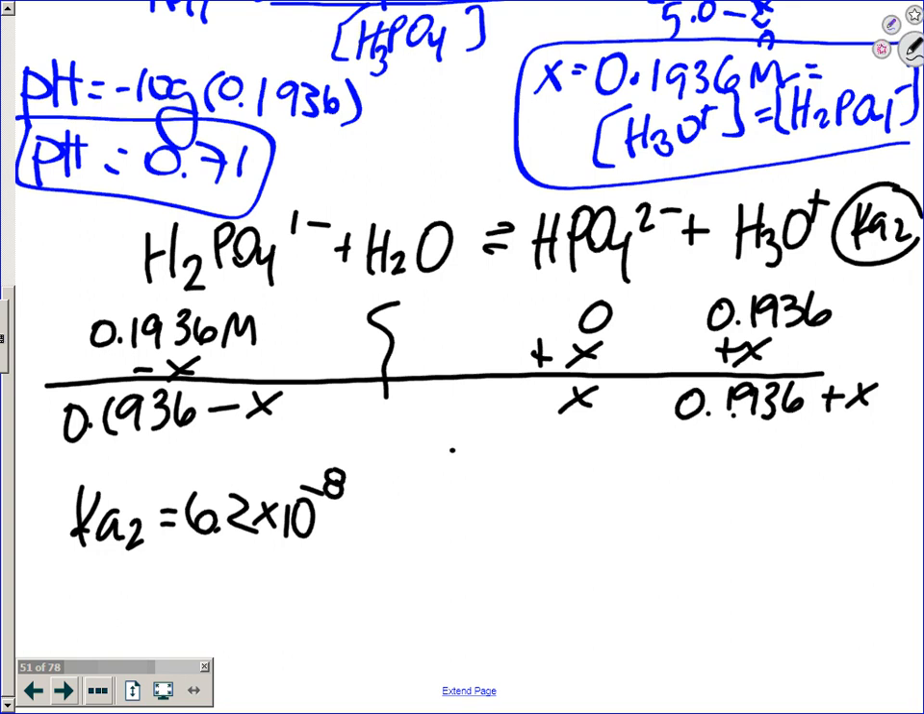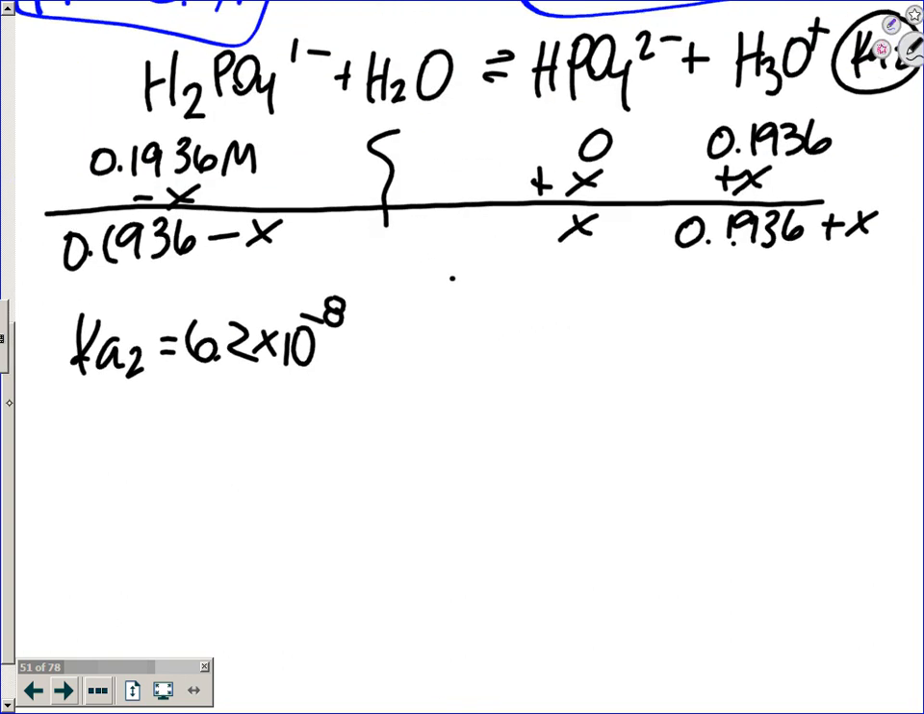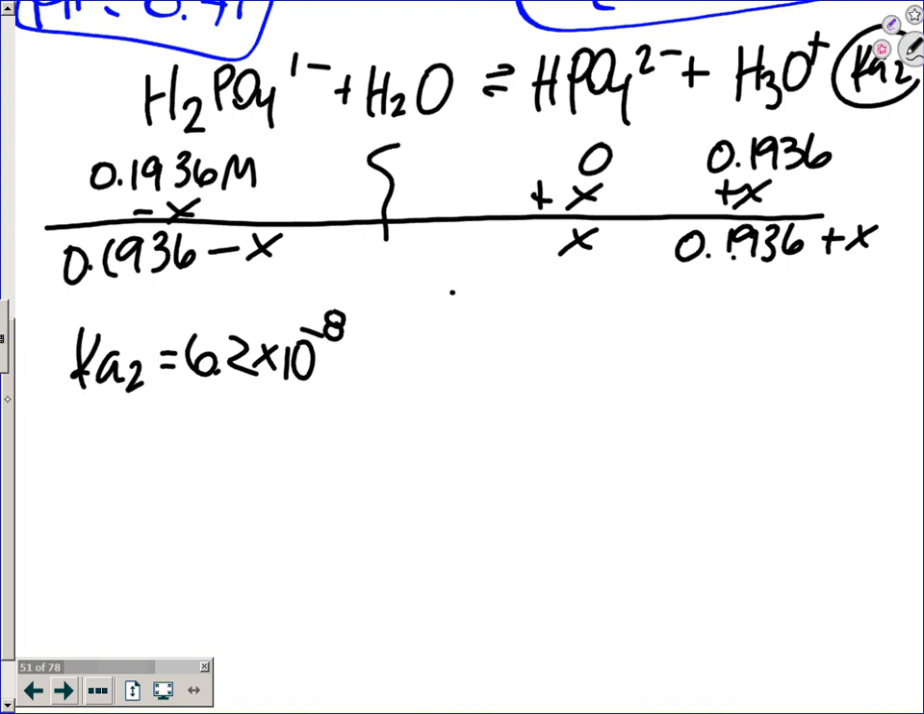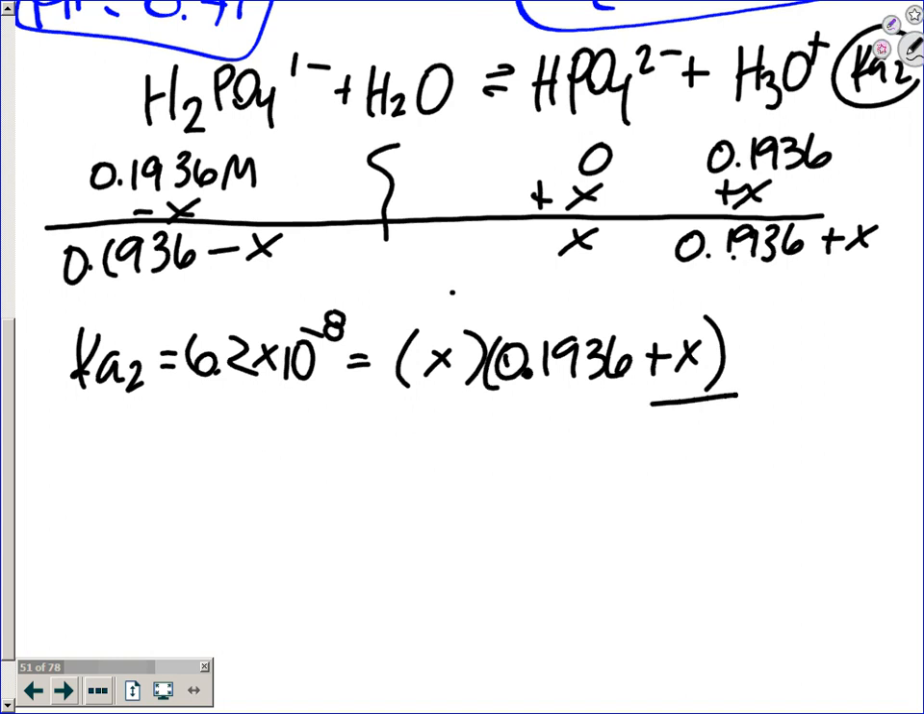Okay, and this is equal to what expression? So these two ions over this ion, right? So I'm not going to write that for a moment. So plug in your X value or your equilibrium values here. X times 0.1936 plus X over,